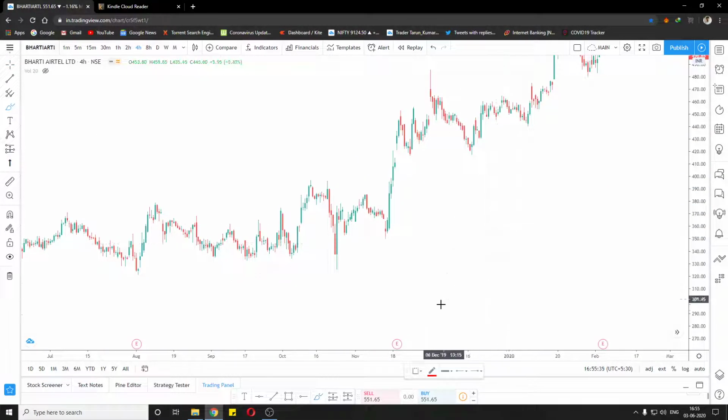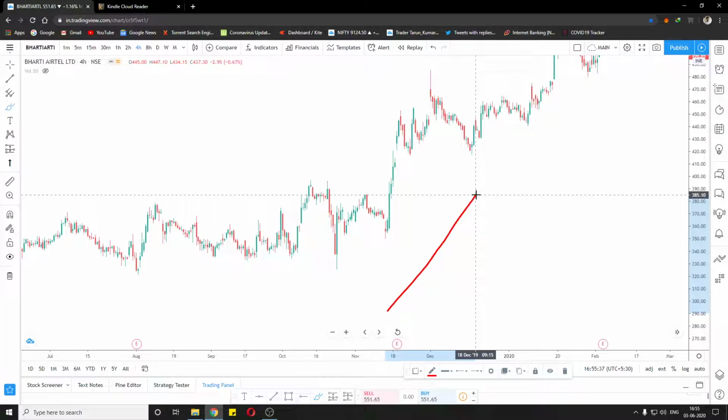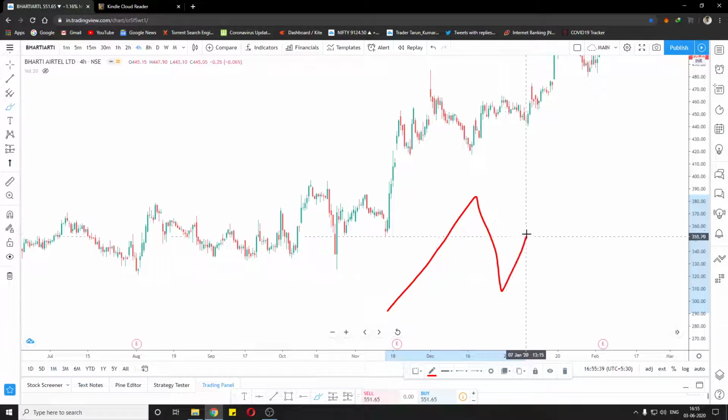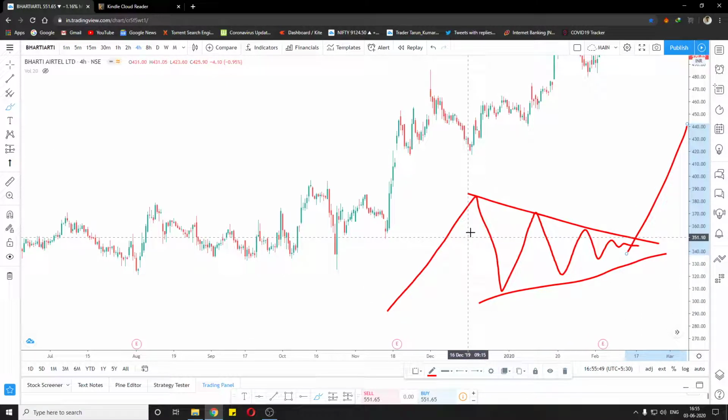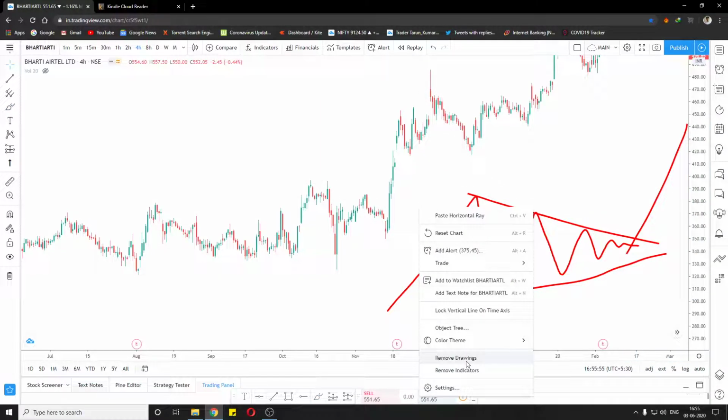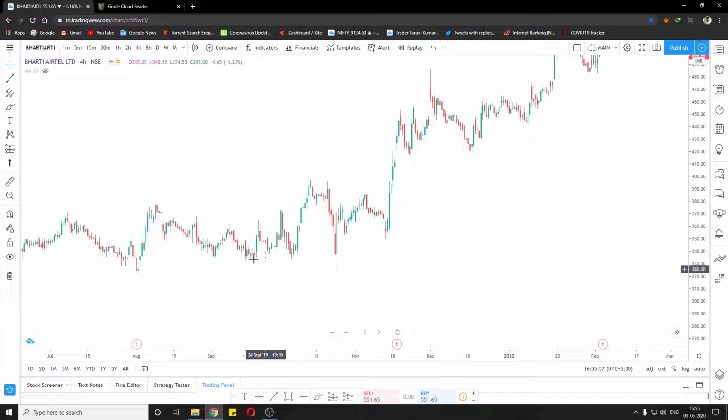So it will basically look something like this, that we made a high, we made a low, and we are not able to cross either of them. So the market will keep on consolidating and we'll have a triangle. And then we'll have a breakout. We'll talk about those later. No need to worry. Patterns, support and resistance, volume, everything. This is an introduction, if you want to call it.